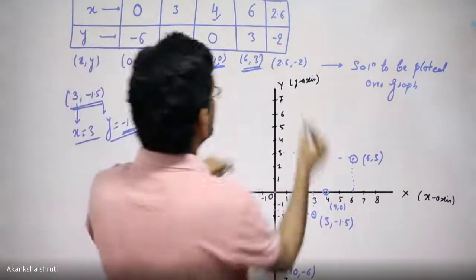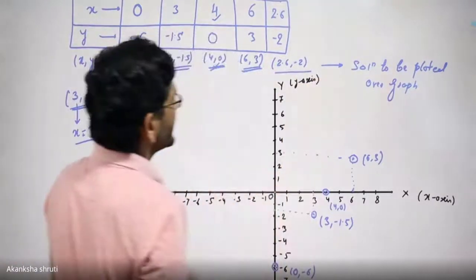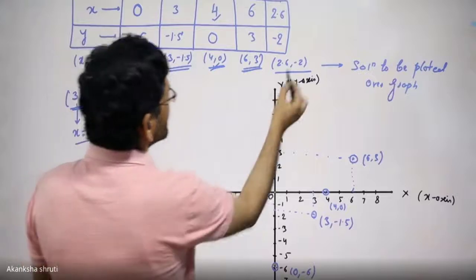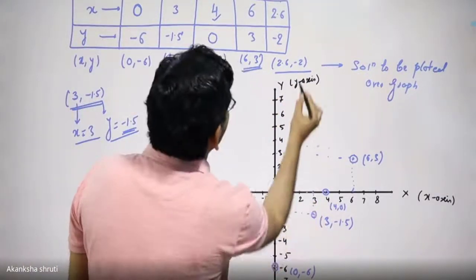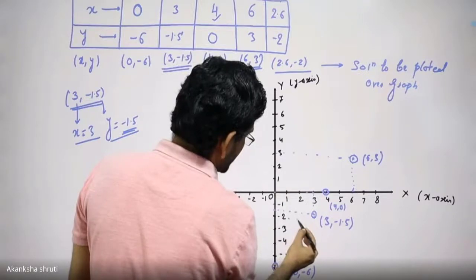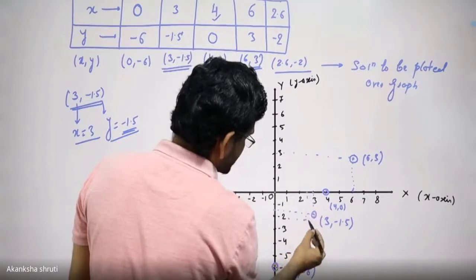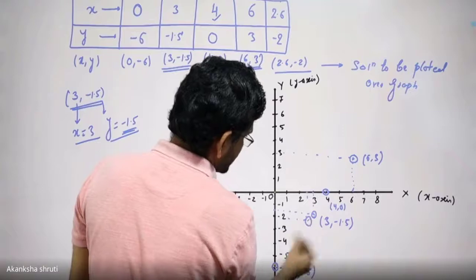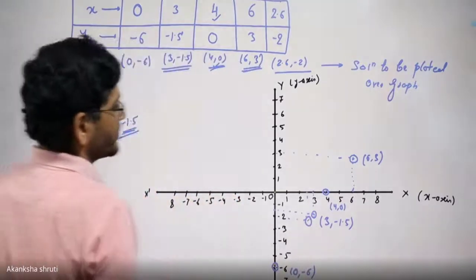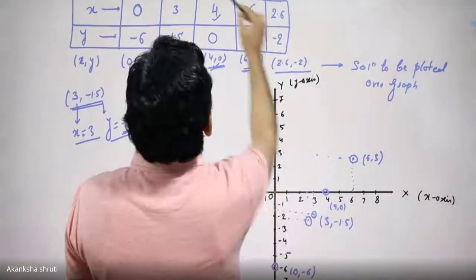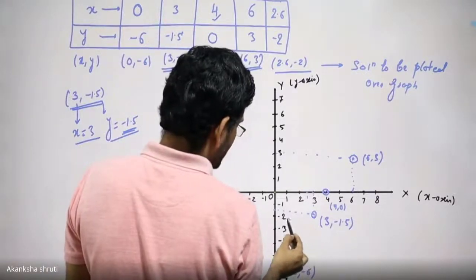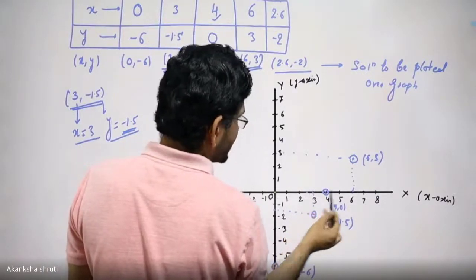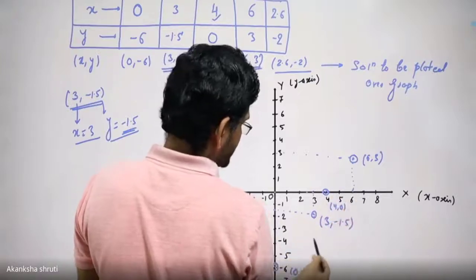Students, we can also plot this one. x is 2.6, y is -2. So 2.6 is somewhere here and y is -2. You will get this point. Okay, students, it will be this point. Or you may leave this, since even these 3 or 4 points are enough to make the plot clear. Let us leave that point.